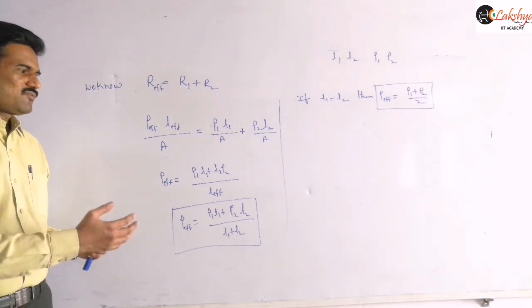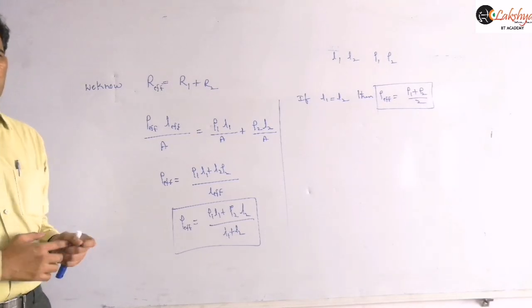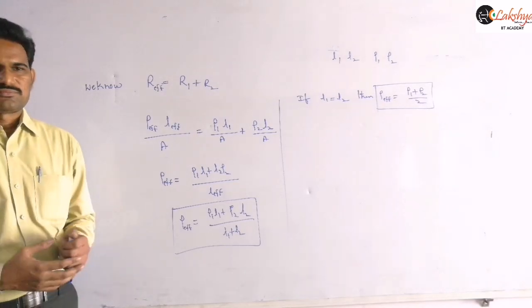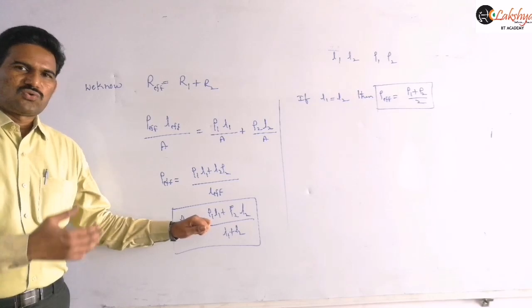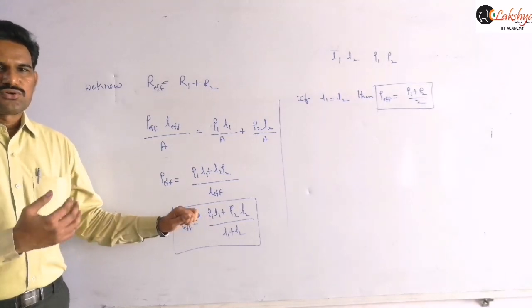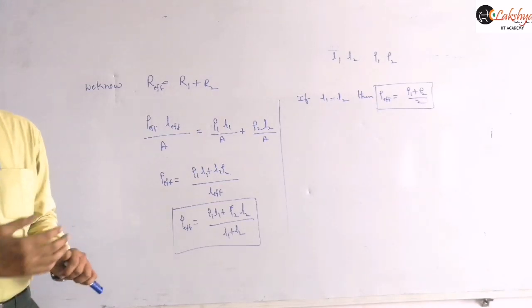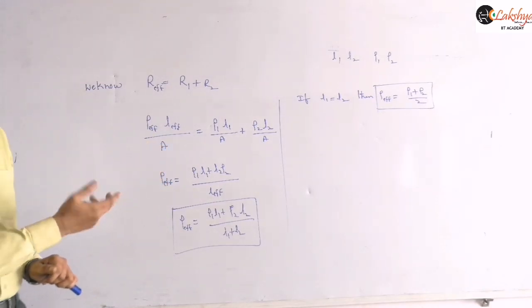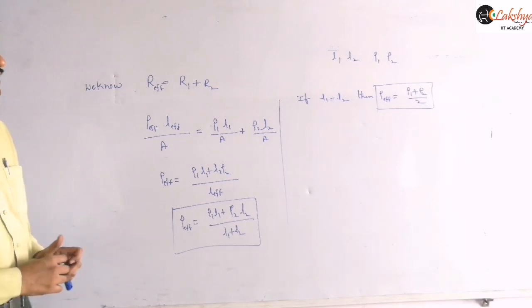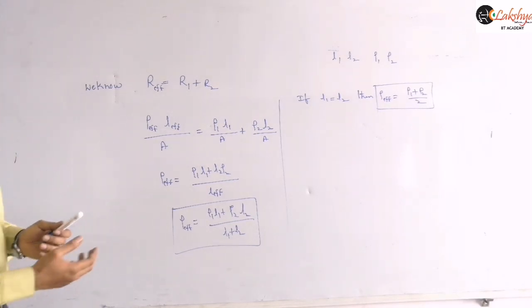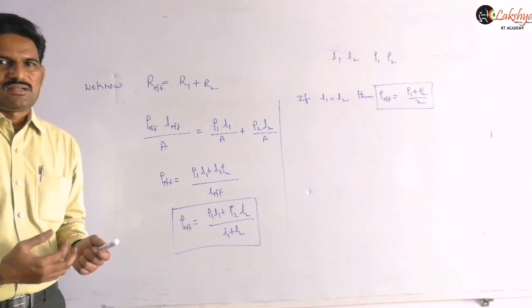And that can be extended for any number of resistors there. Sometimes they will give some series like rho, 2 rho, 3 rho and so on, and the lengths also like L, 2L, 3L, 4L and so on, n terms. Then you will get a series, and we just need to apply the series formula correspondingly. And let us solve the same problem when they are joined in parallel, right?